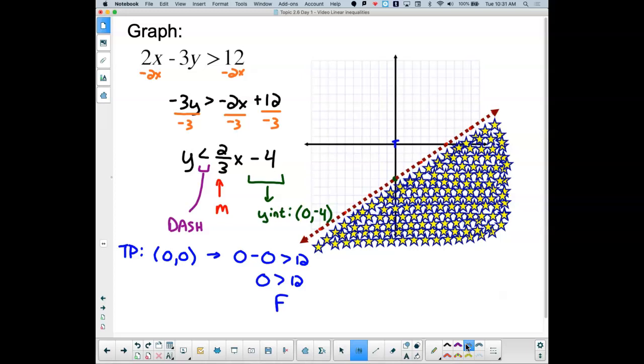Okay. And that, ladies and gentlemen, is how you graph linear inequalities. You can continue on with the worksheet for this week. There's a couple of questions in regards to